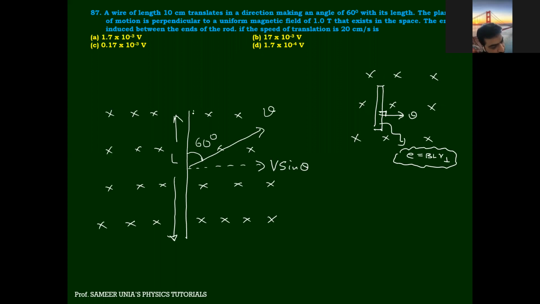And this is also V cos theta, but the V cos theta component is not doing anything. Remember, it has to cut lines. So V cos theta is not doing anything. V sin theta is cutting the line. So what will be the EMF induced? BL